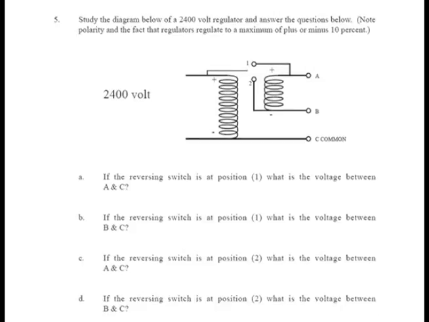Okay, this one is a little trickier now. Study the diagram of a 2400 volt regulator and answer the questions below. Note the polarity and the fact that regulators regulate to a maximum of plus or minus 10%. So, let's see. In A, if the reversing switch is at position 1, what's the voltage between A and C? So, if the switch is connected here,